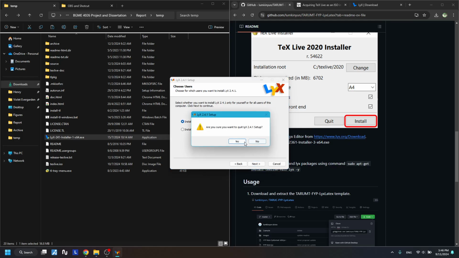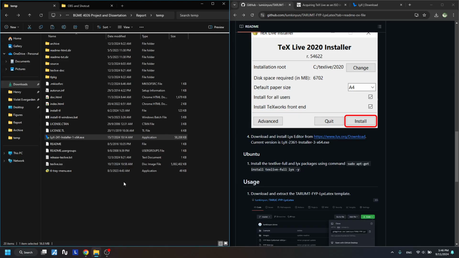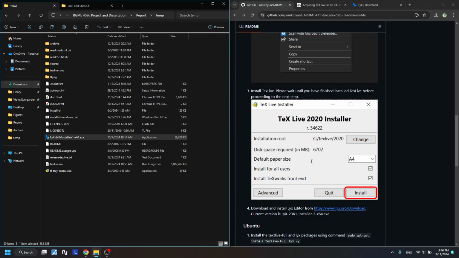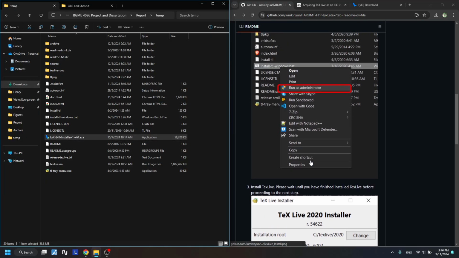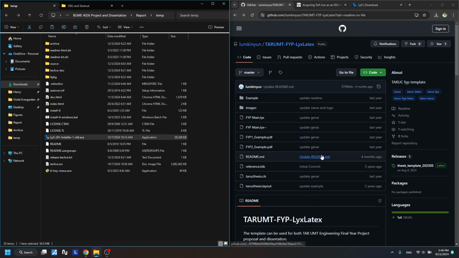So once you install both of them, you are actually good to go. You have already finished the installation for our, let's say, programming language and the LIX software. You can actually start doing your FYP. But of course, you still need to download the template for our FYP. So the template,